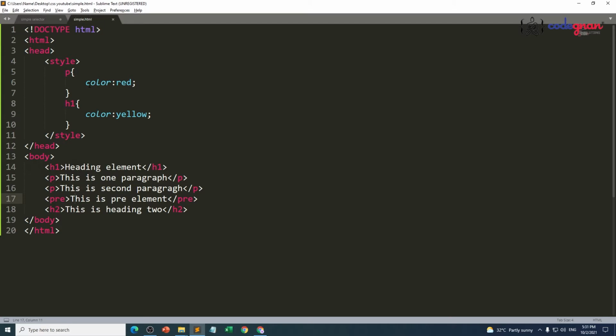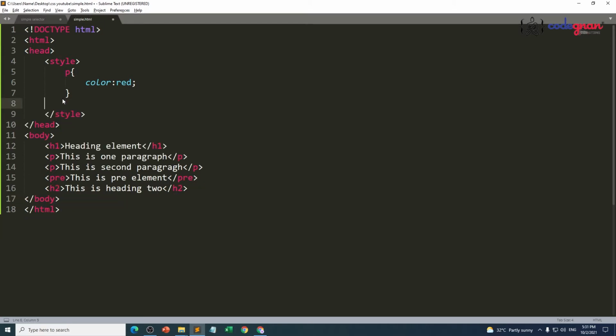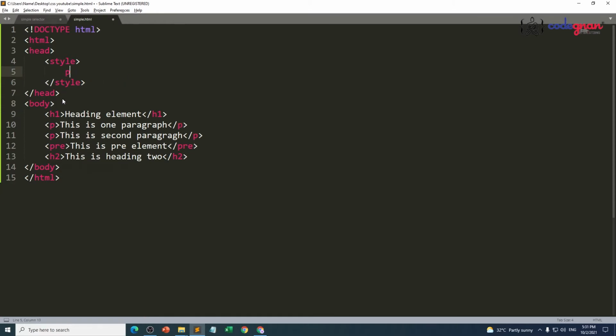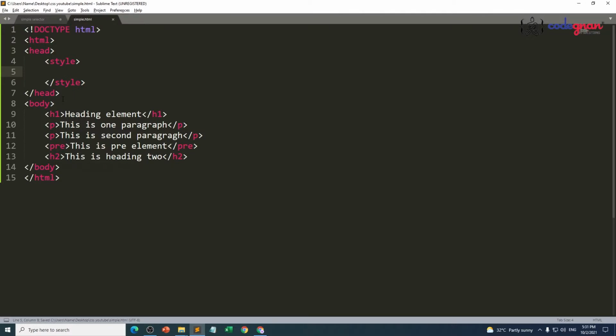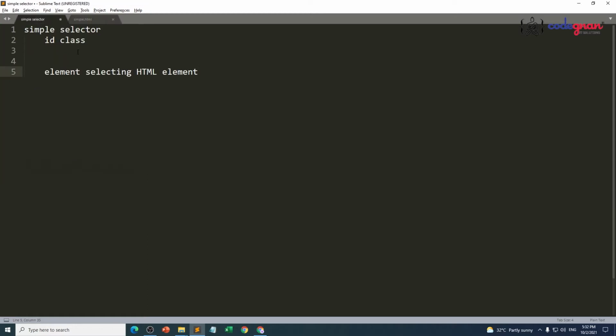Good. Right now, what I want to do is simply delete my H2 element and my paragraph also. Now you are going to get the default black color. I want to apply a particular red color for my first paragraph and a particular black color or green for my second paragraph. I need to pick only one element. How can I do this? By using the concept called ID and class, you can do it.